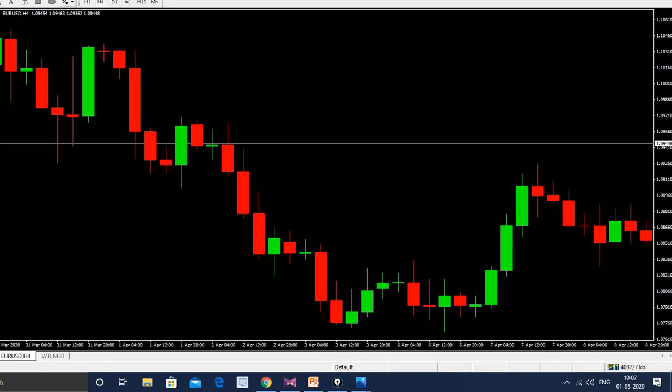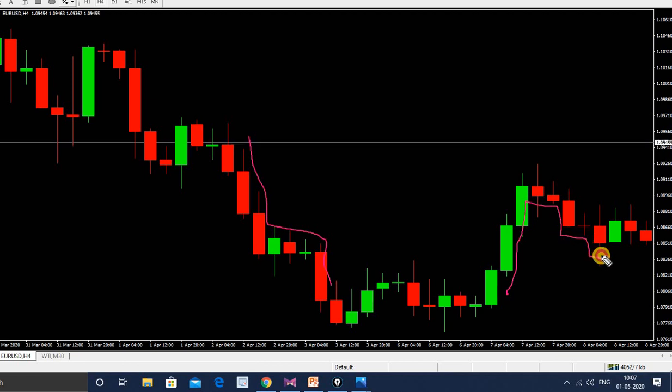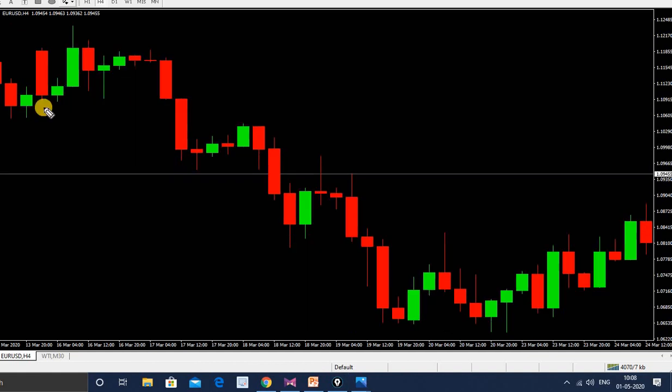Okay, now I'll show you an example of CP. See, this is drop, base, drop. Okay, see, this one is rally, base, drop, base, drop. No, this one is a base candle. This is not a drop. This is a 50% candle. See, this one is another example of CP, drop, base, drop.